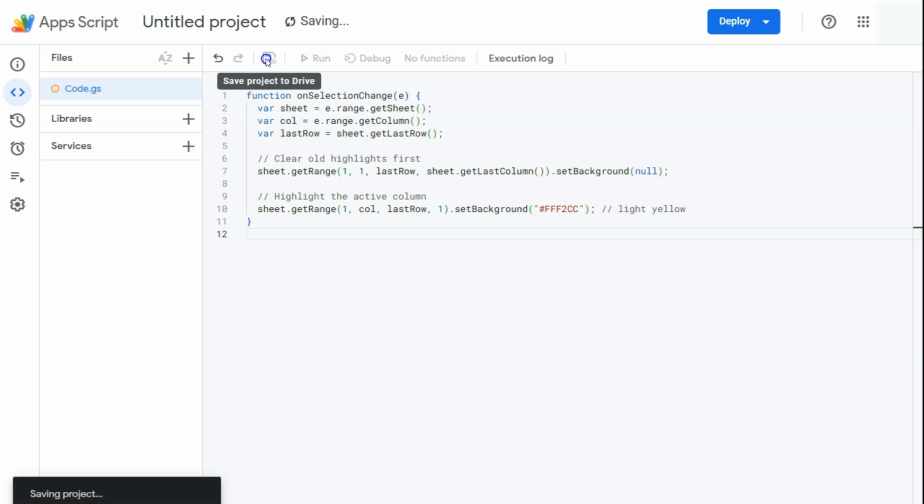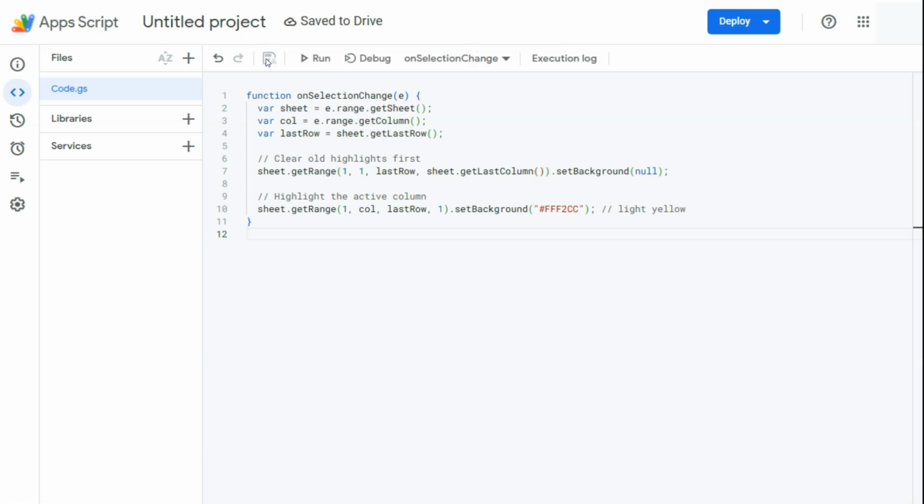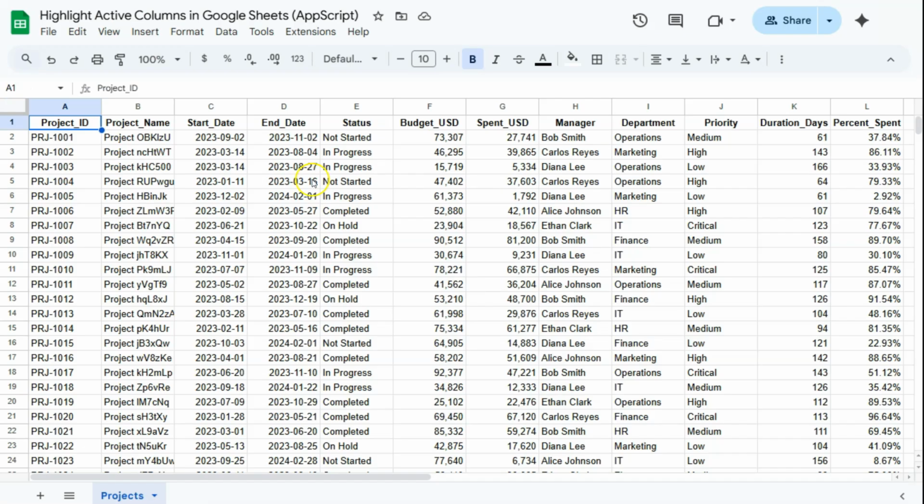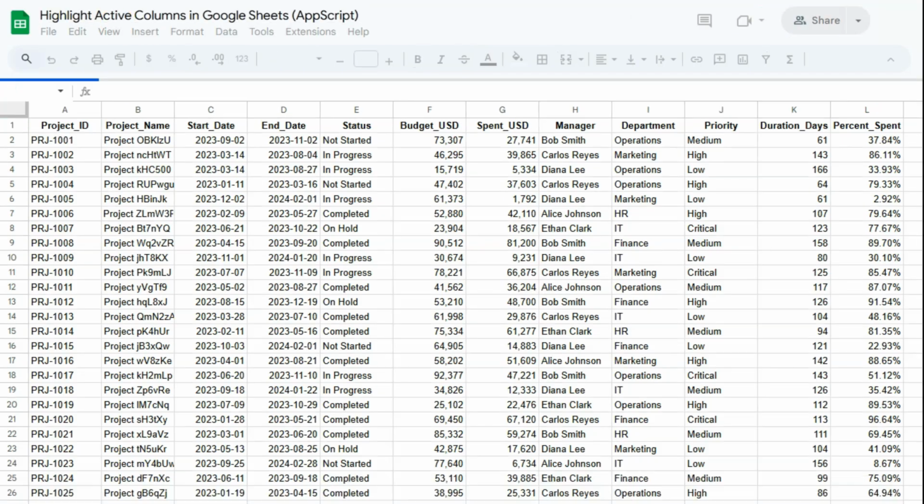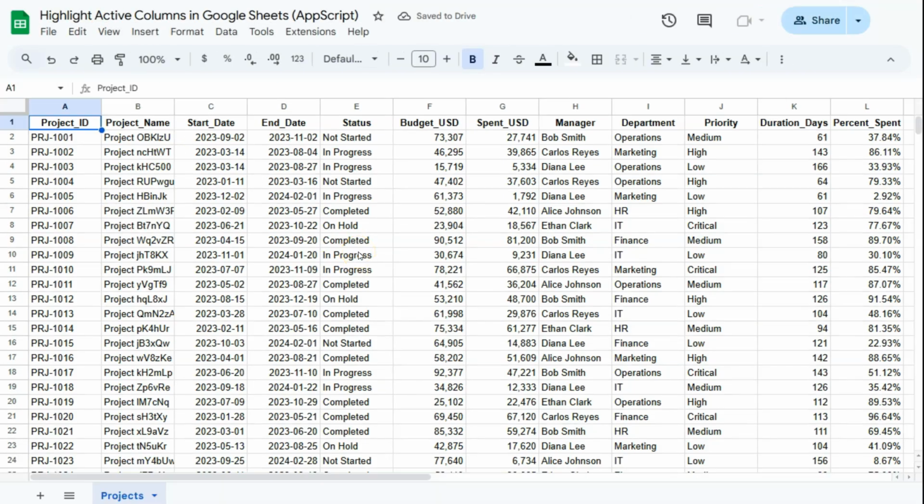That's the only thing that we're going to do for this one. Of course, you can always rename it in any way you want, but I'm good for now. Once we've saved it, again, we can just go back to our spreadsheet, and just to make sure it reads that code, we're going to refresh. And now if I try and select a column right here, it highlights that column right away. There you have it. Now, if I try and select another column,